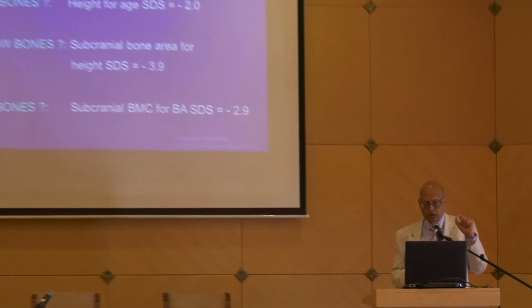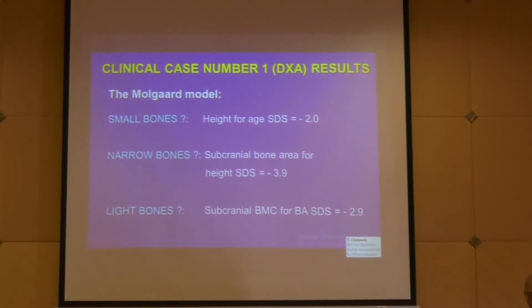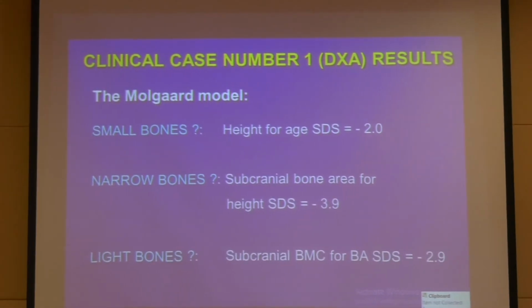So the next question is, does he have short, narrow, or long bones? So we do the Molgard for him. His height was minus 2, so he has got short bones. His subcranial bone area for height was minus 3.9, so he's got narrow bones. And his subcranial BMC, bone mineral content for bone area standard deviation score, was minus 2.9, so he's got light